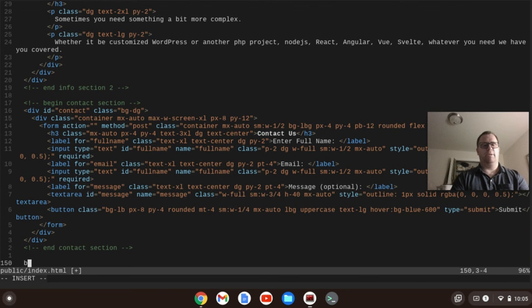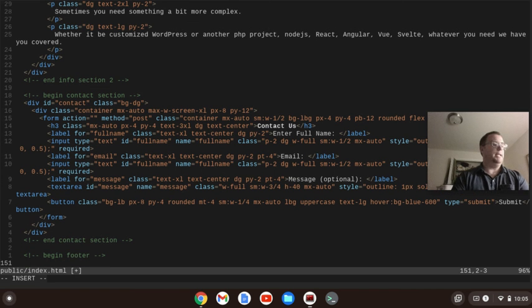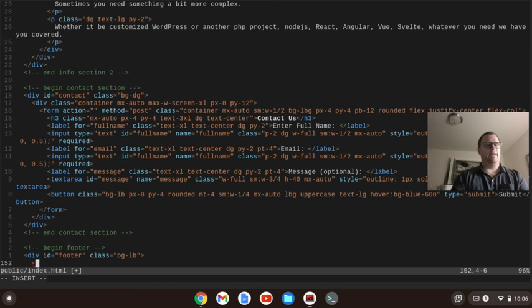Okay, and we're going to begin the footer. So yeah, there are a ton of classes. It's quite amazing. We're going to have a div with an ID of footer. Class, I'm going to do that class that I made, background light blue. Okay, within that, we're going to have a div with a class of container,